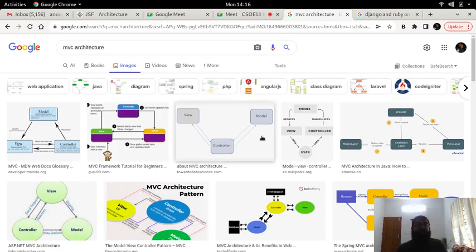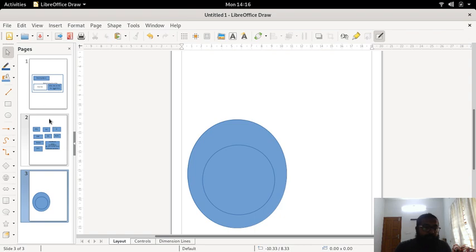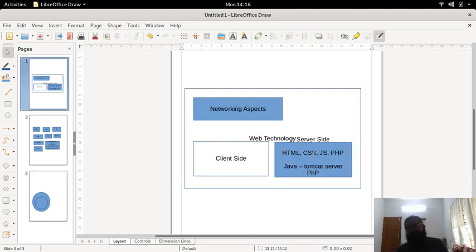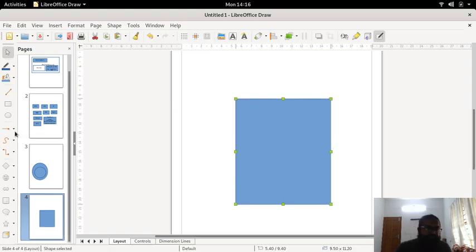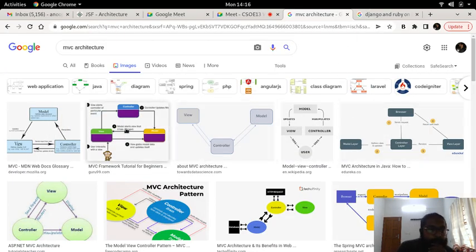So MVC means that, okay, we were looking at the HTML, CSS, JavaScript, PHP and all those things, right? So if you look at the server side, what happens is what MVC does. It means that when an incoming request is received by the web server, it does something internal, right? This blue box, if we consider it as the web server, then it has to do a lot of things internally.